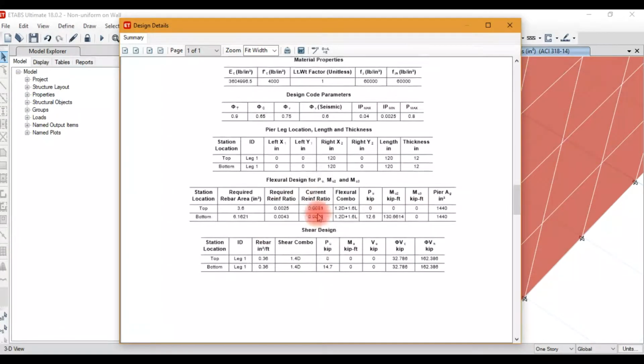Flexure design gives the top area 3.6 inch square and bottom area 6.16.